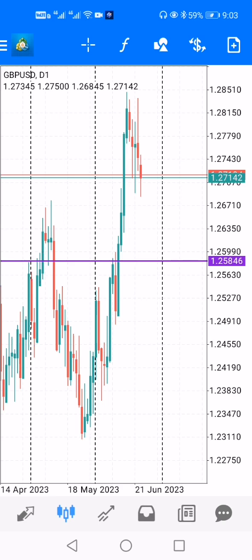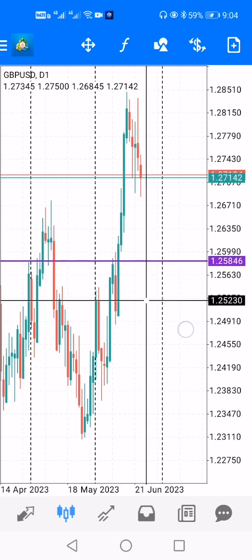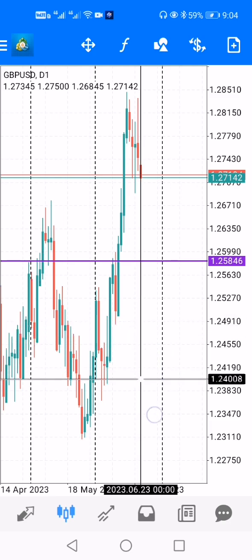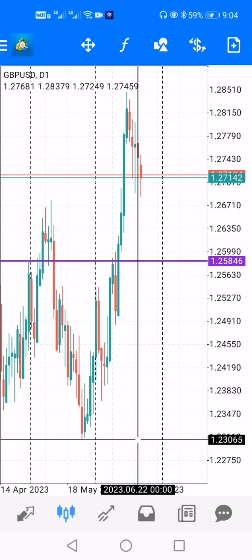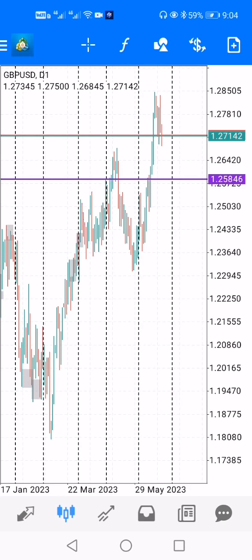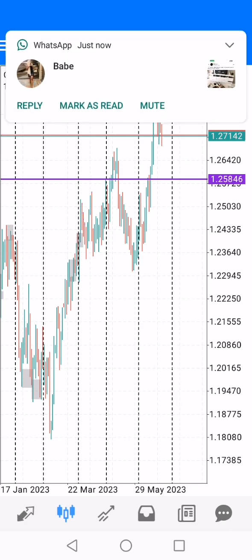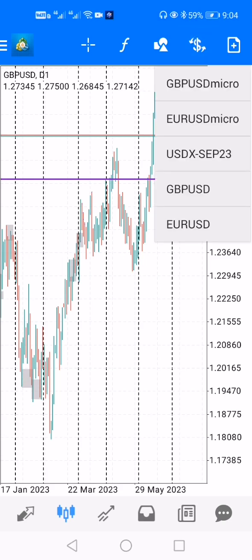However, when we begin to see that this market is completely bearish, then we will be seeking lower prices, this level being the first target, and then eventually this level over here, and the level below here on the weekly chart. So those are the two ideas that we are holding with this market. However, the strongest idea that we are holding with this market is bullish. Okay, and without wasting time,